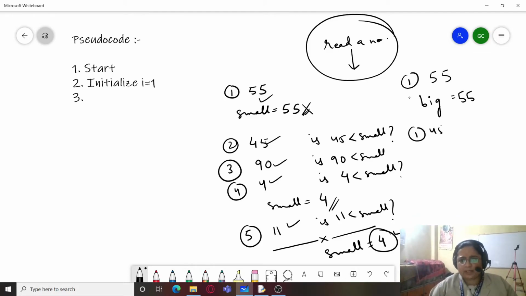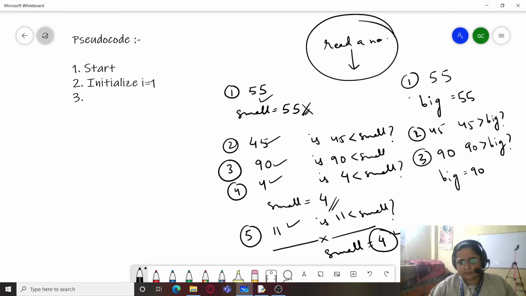Next time the user enters 45, so we will check, is 45 greater than big? You can see that 45 is not greater than 55, so we will leave it and move on to the next, that is 90. Is 90 greater than big? The answer is yes, so we will write big equals 90.